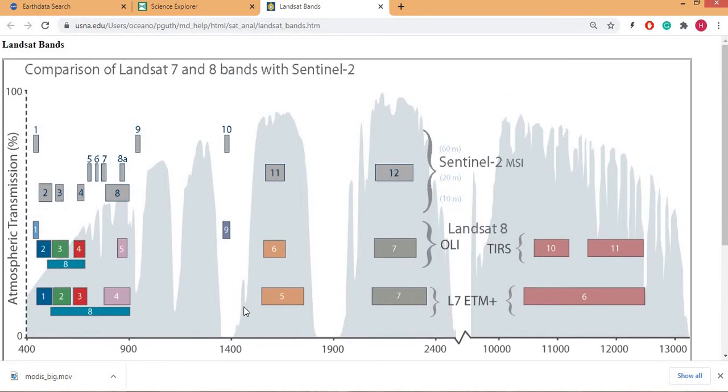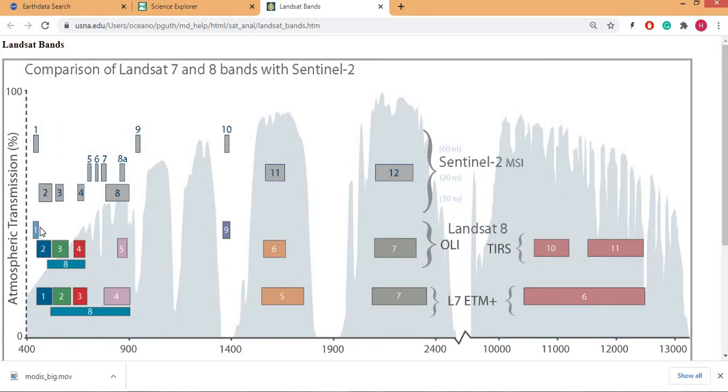So the Landsat 7 and Landsat 8, and here we have the Sentinel bands. Landsat 7 bands are here, 1, 2, 3, I mean blue, green and red, and then NIR. Then Landsat 8 has one narrow band in blue, but a wide band.